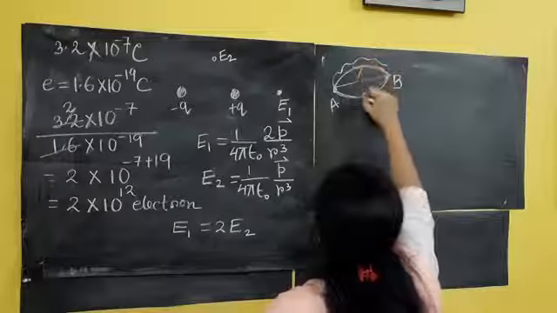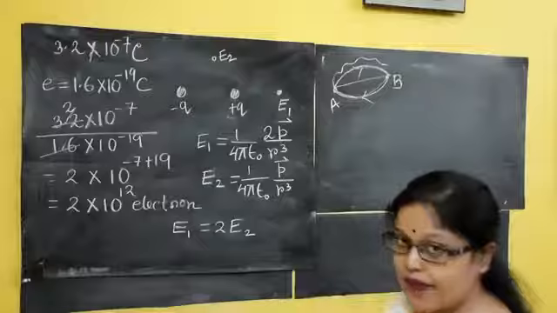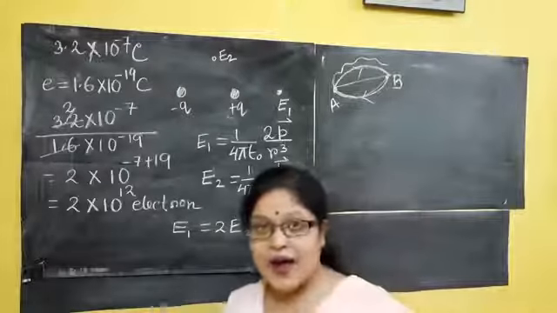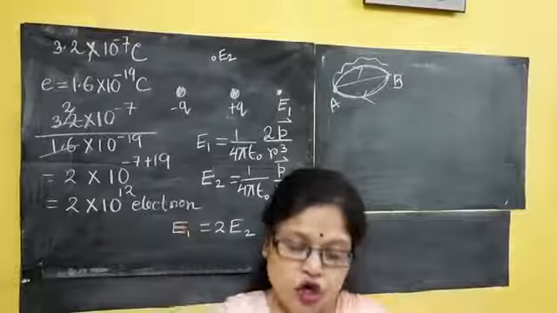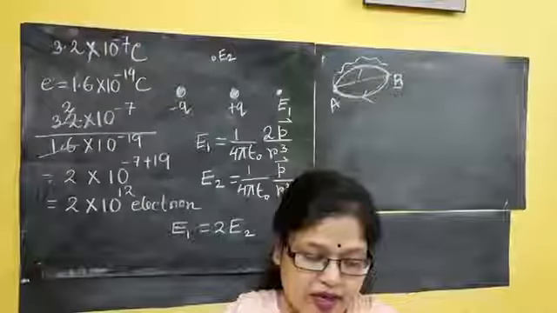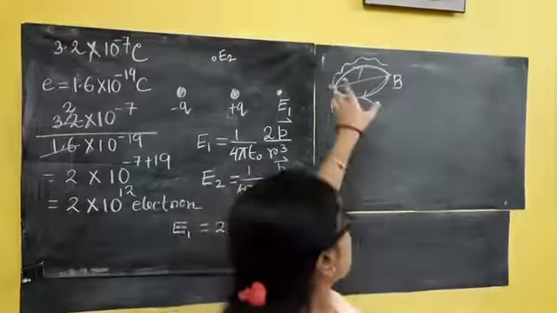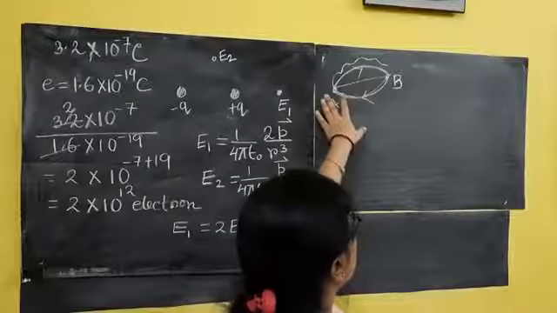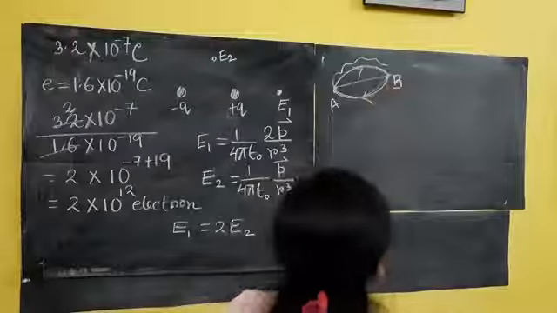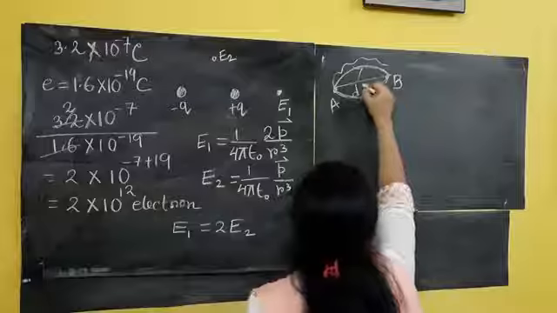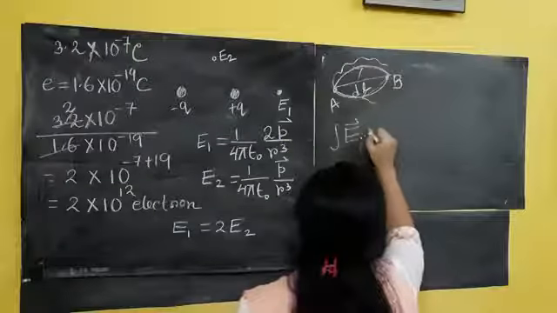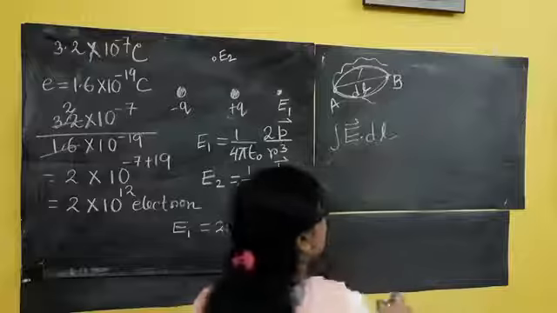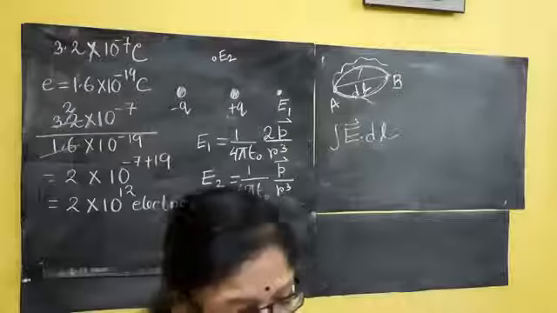Whatever path you are following doesn't matter; only the initial and final points matter, not the path, distance or displacement. That is called a conservative force field. So in an electric field, I am moving from E to D. My displacement is, suppose, dl. So what is my work done? Work done is force into displacement, integration of E dot dl.